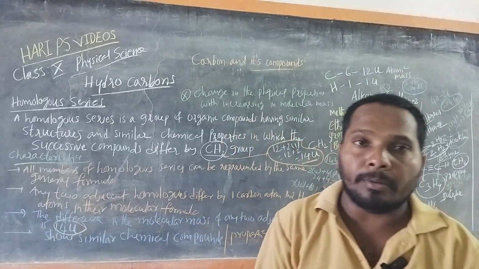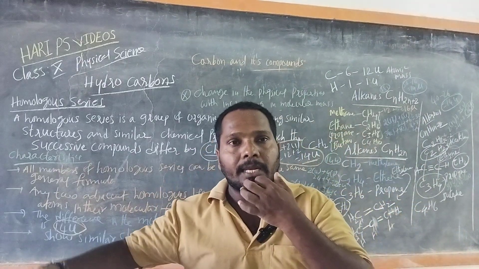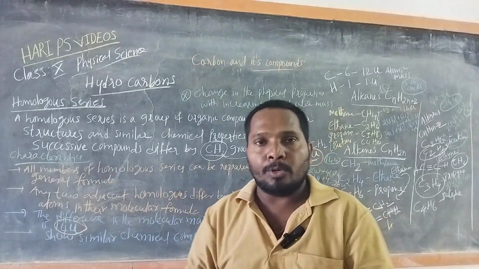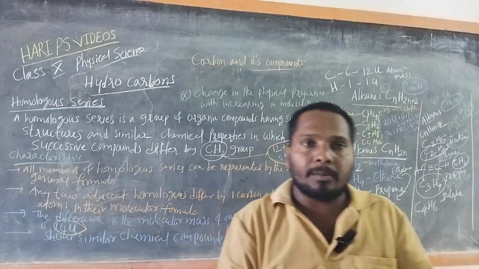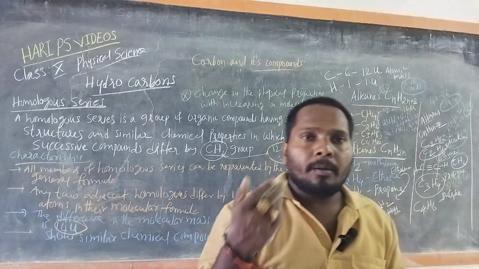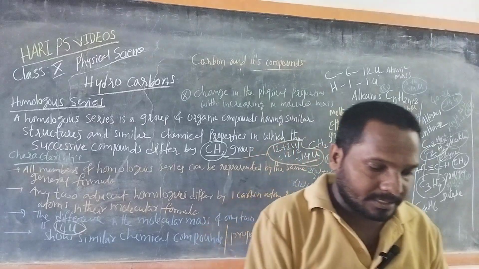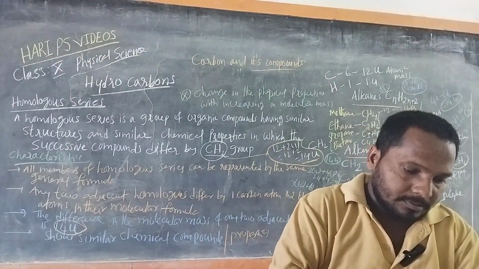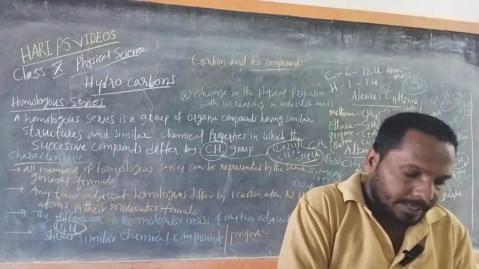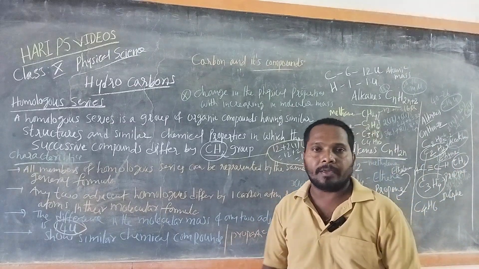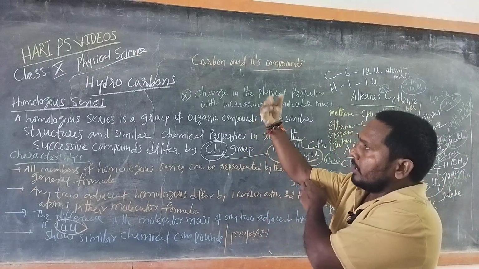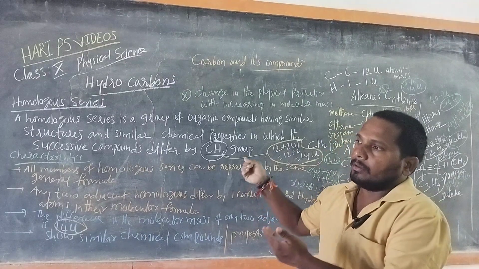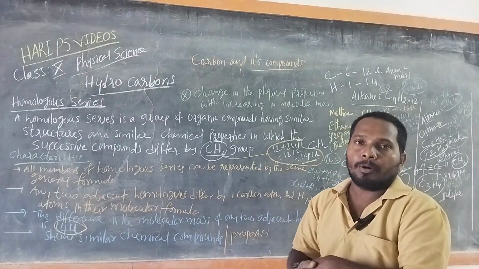All the alkane compounds like methane, ethane, propane, butane show different melting points, boiling points, densities, etc. So in this way, similarly we have so many organic compounds. Every group of organic compounds shows